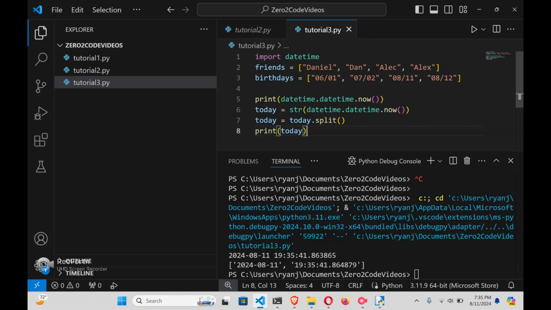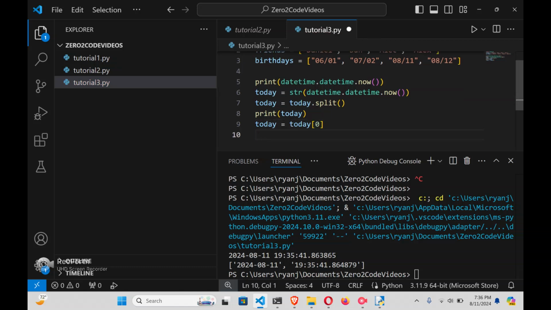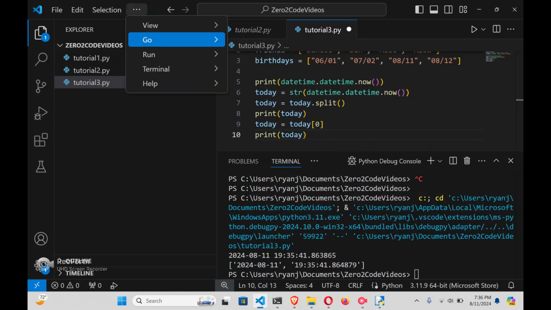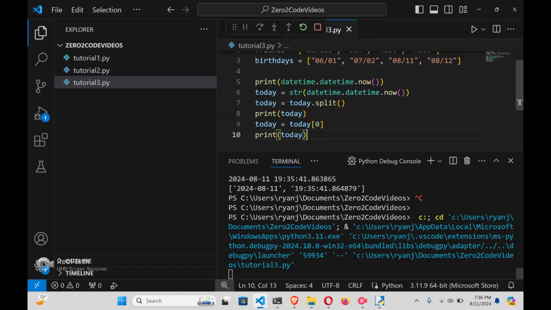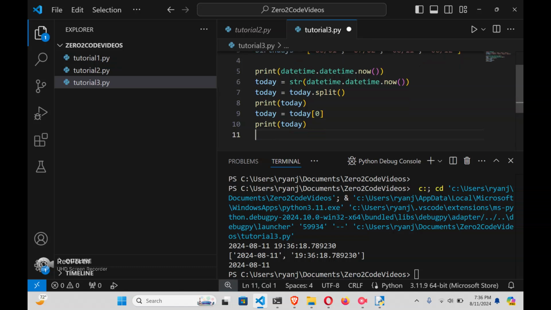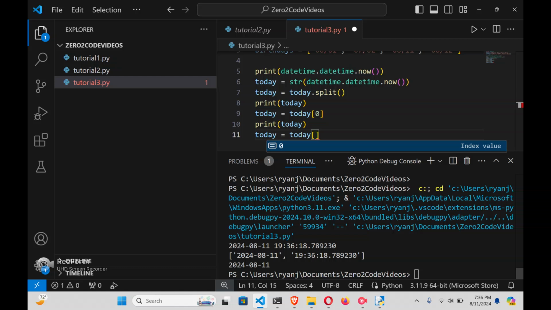So let's update our today variable again and just store the first item from this list. So let's print out today again and make sure we get what we're expecting and what we want. Okay, pretty good. And we also don't need the year. So I'm going to say today is today from 0, 1, 2, 3,